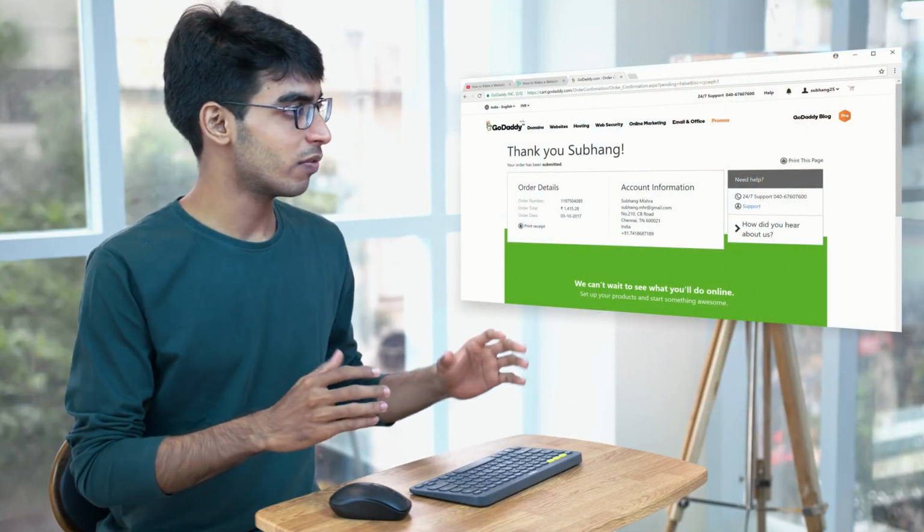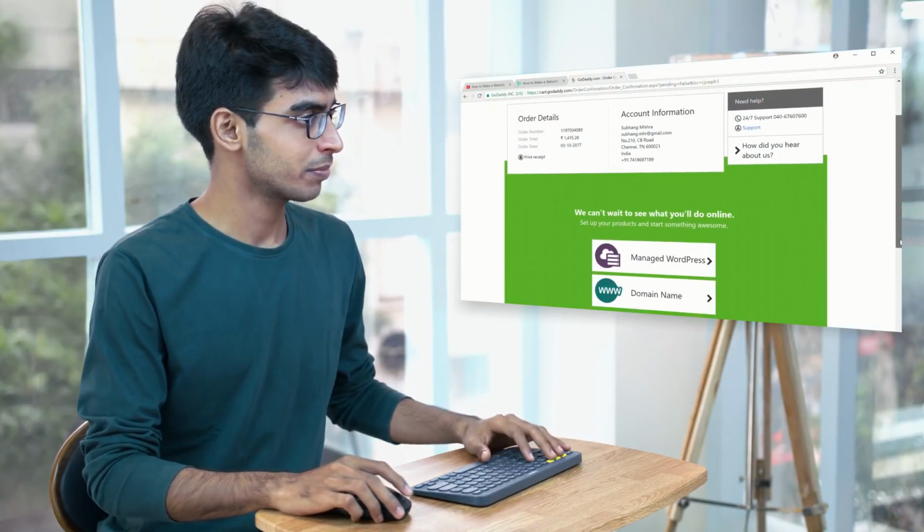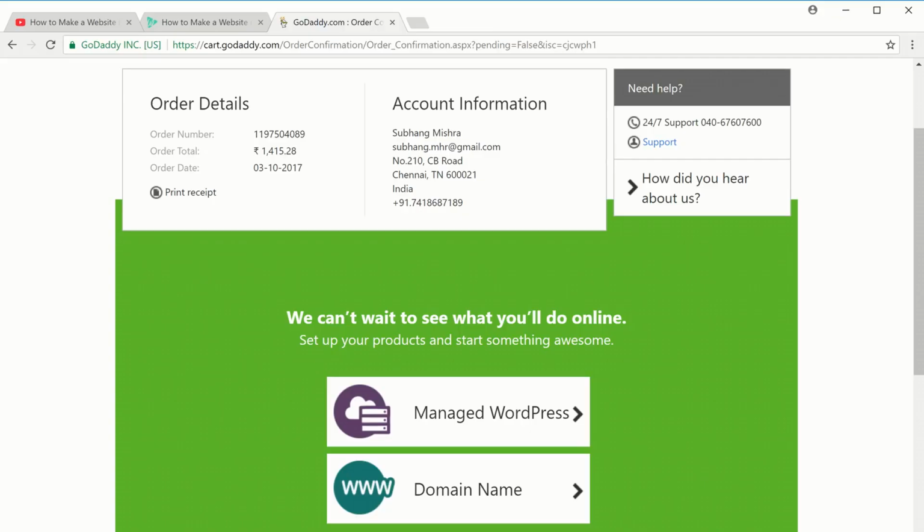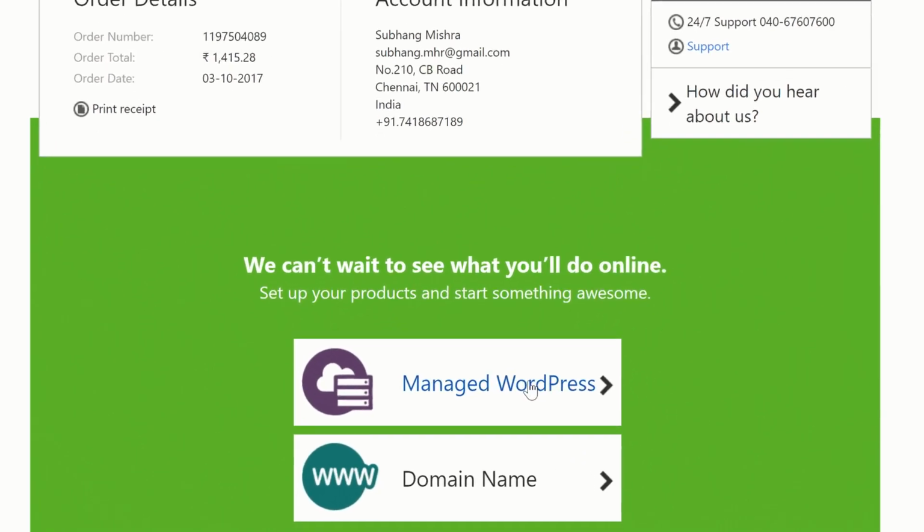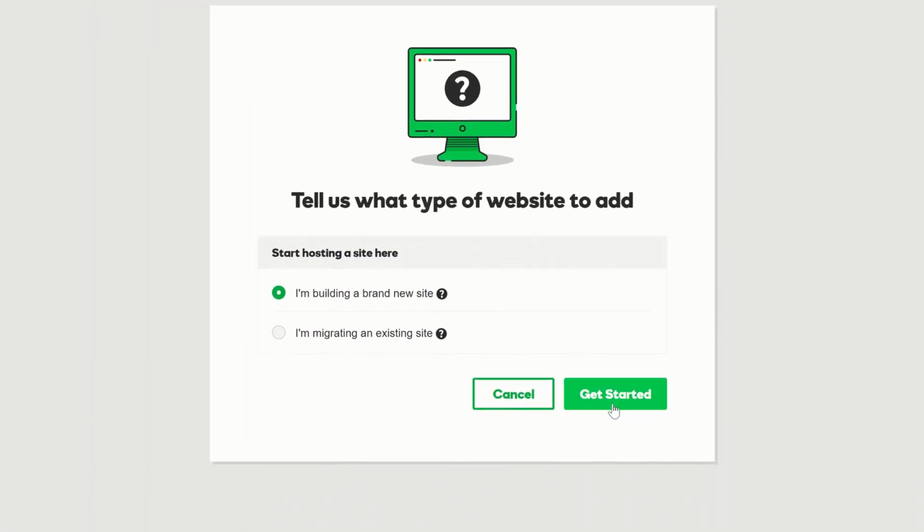Now let's go to the step 3, which is to install WordPress. Now we're going to use WordPress because it makes it very easy to build a website without knowing any programming or coding. So let's install WordPress. We're going to scroll down and then click manage WordPress. Okay. So we'll click here and then click get started.